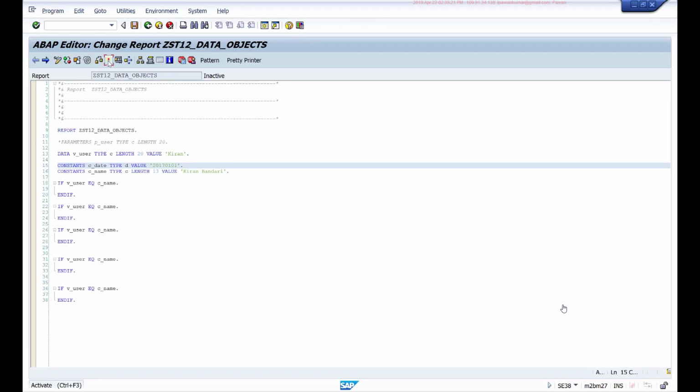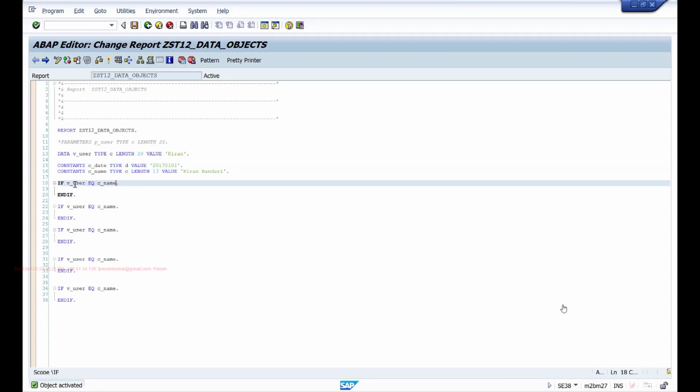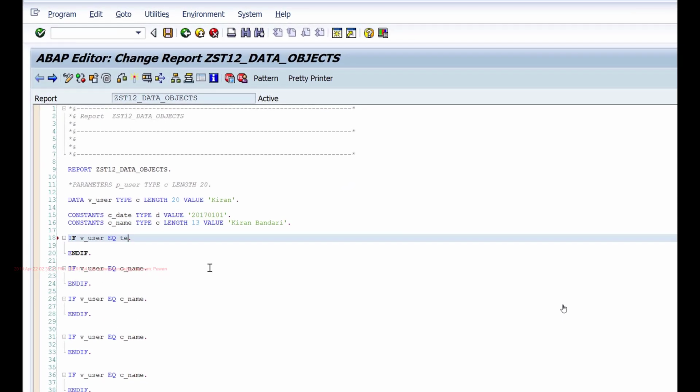In my program, if I want to access that text symbol, for example, I want to compare this to that text symbol, whatever I maintain, I can say text hyphen the text number. So I'll say text-000. Then it will use that text symbol value. So whatever text I maintain in that text symbol will be accessed when I use this syntax, text hyphen the text number.